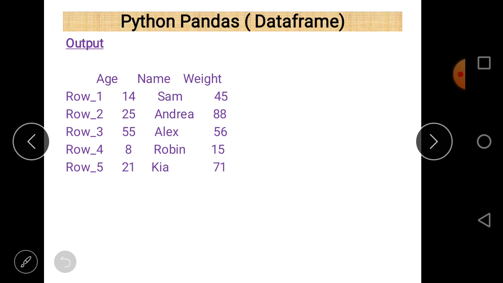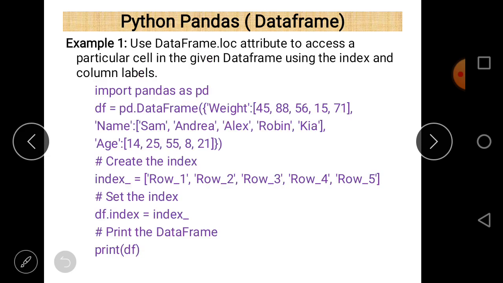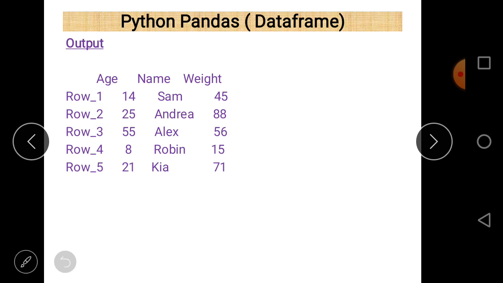So the final answer looks like this, because the column names are name, age, and weight, and the row names are the index names row underscore 1, row underscore 2, row underscore 3, row underscore 4, row underscore 5. That's why these are the rows given here. Note one thing here that is very important. Whenever you create a data frame using a dictionary, the order doesn't matter. Here we can see that name appears first, then age, and then weight, but in the original data frame,